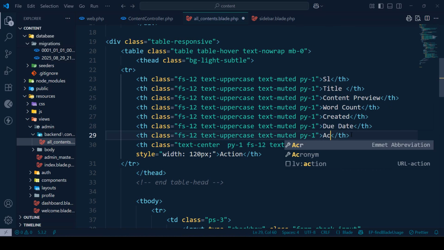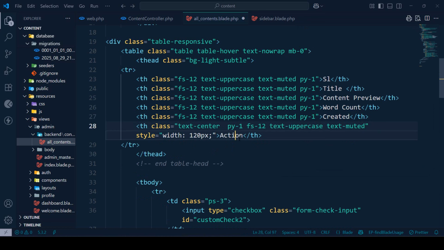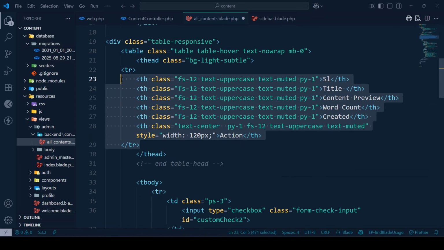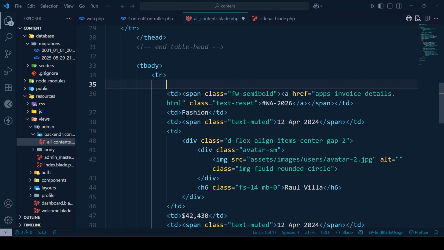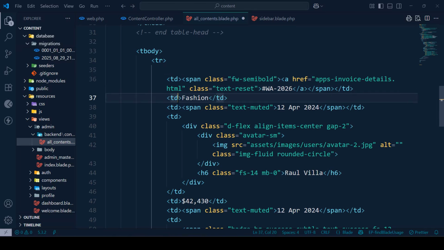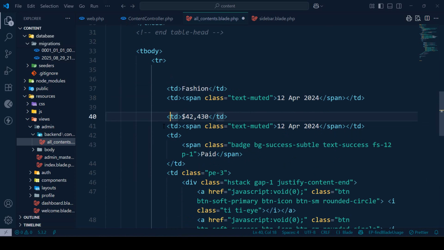Our action is already in here, we don't need it. I want to better remove it. That is our action. Okay, so now there is 1 2 3 4 5 6. That means six heads. The same things we have to update in here. I want to remove it. There is a 1 2. Also we don't need it. Okay, here I want to better make it clear. I want to remove this TD as 1 2 3. We don't need it. 3 4 5. Okay, I name it as 5